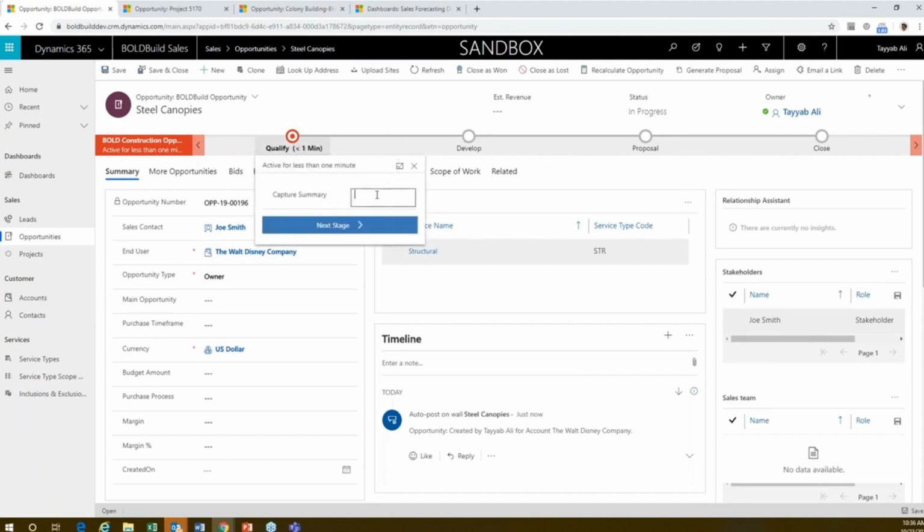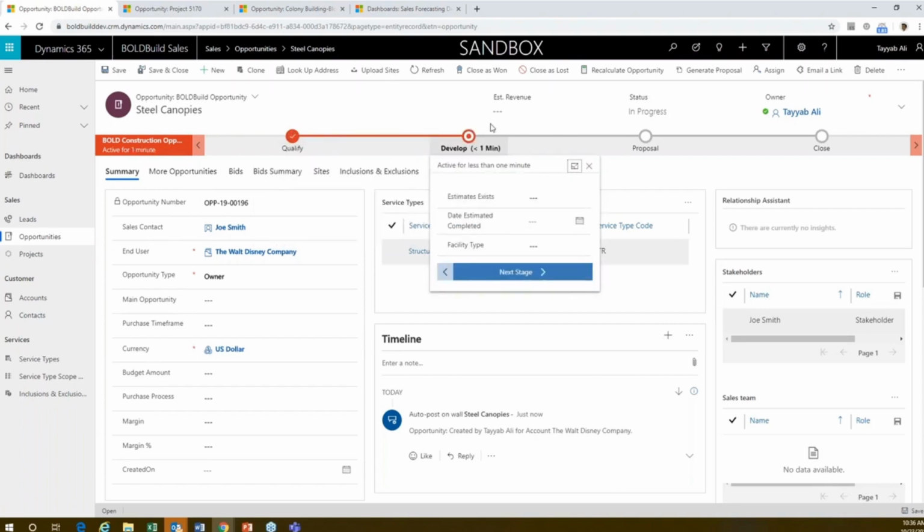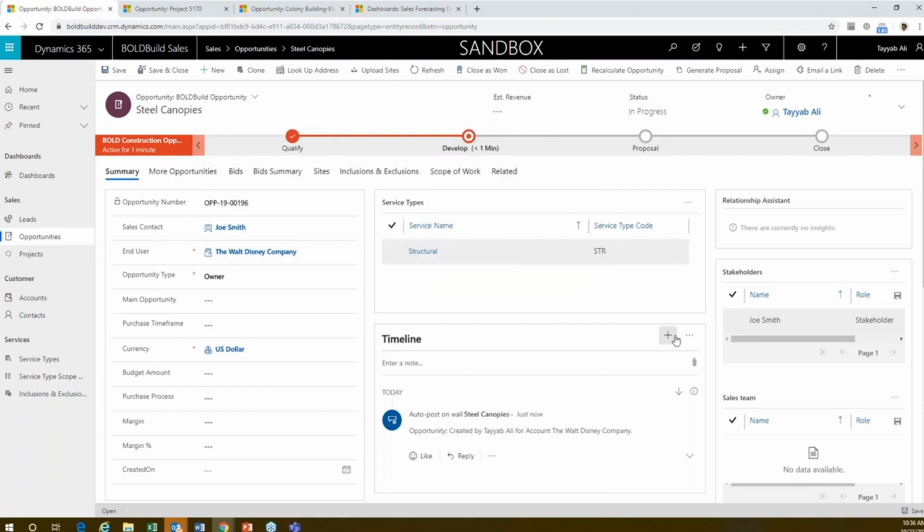So I go in and I say, okay, they are interested in fabric and steel canopies in San Diego. So I do that and I click next stage, and obviously it has all the sales bells and whistles. You can create phone calls, you can track your emails, you can create a task. It's integrated with Outlook, it's integrated with OneNote. You can post a message to anybody. I won't go into the details again in interest of time, because what I want to focus on is